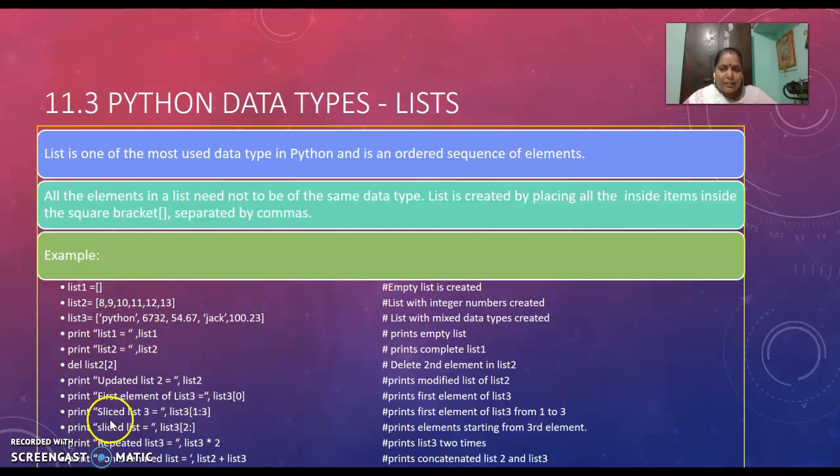Next, print sliced list 3 of 1:3. So the elements, print the first element of list from 1 to 3. Next, we are going to print slice of list equal to list 3 of 2:. So this will print the element starting from